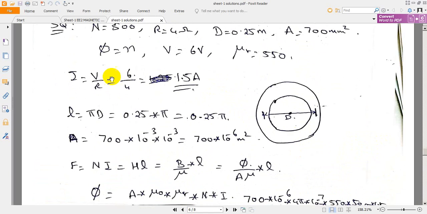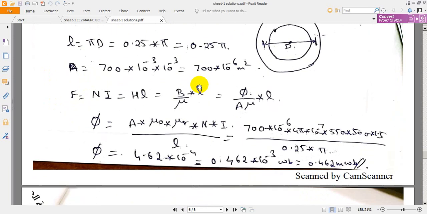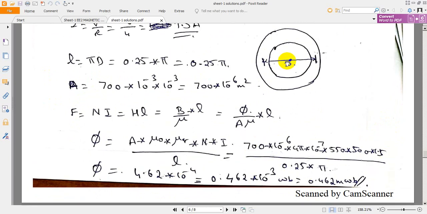How did we get 1.5? We know the voltage across the coil is 6 and the resistance of the coil is 4 ohms. 6 by 4, by Ohm's law, you will get 1.5 amperes. Substitute that current 1.5 amperes divided by length. What is this length? Length of the coil, length of the